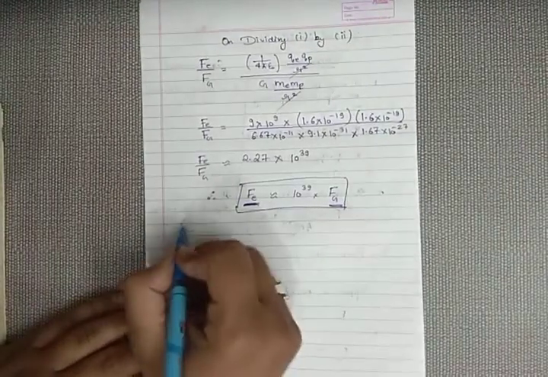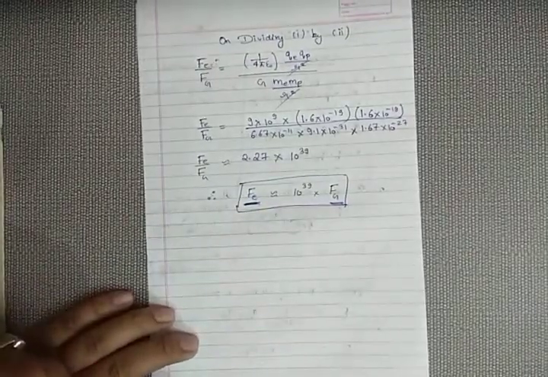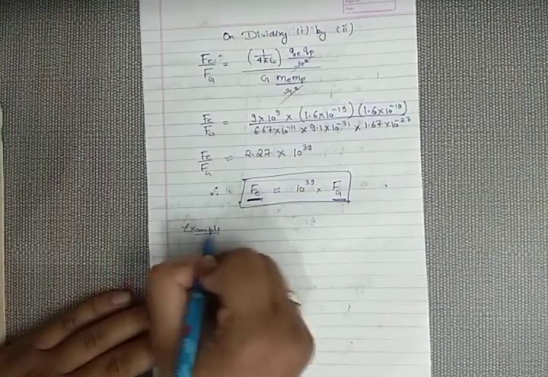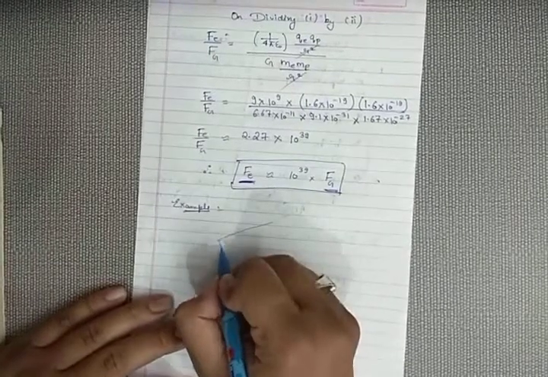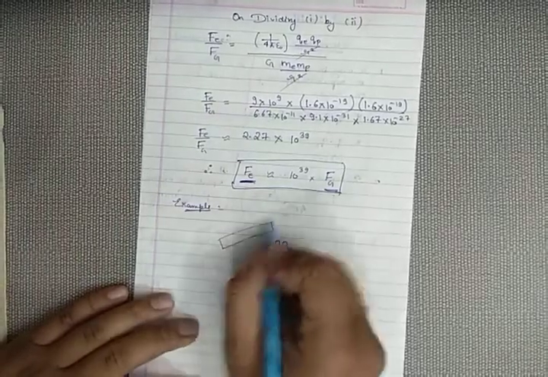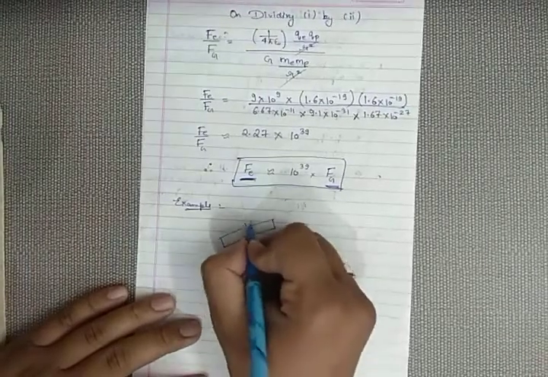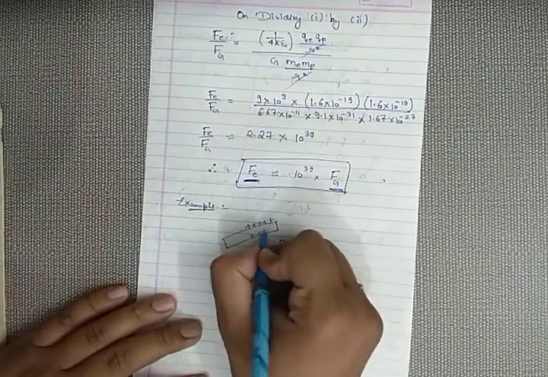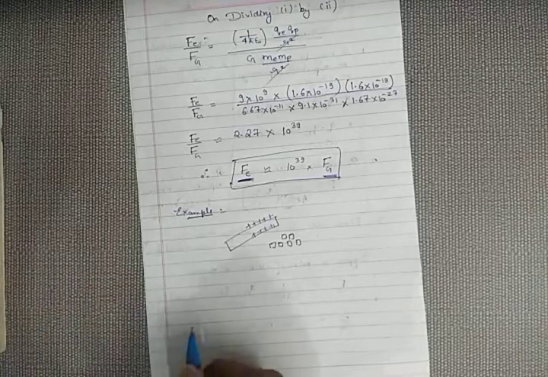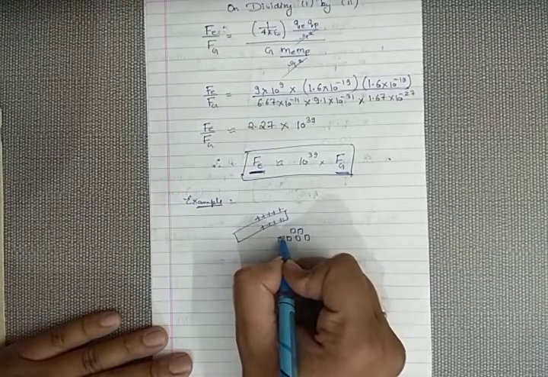Now a practical example also shows how electrostatic force is stronger than gravitational force. If you remember, in our earlier classes or in our childhood, we performed this experiment at home also. Suppose we take small pieces of paper, and we take a scale. Before using this scale, we rub it with a woolen cloth. Suppose our scale gets positive charge. It is electrostatically positively charged. Now what is going to happen? This scale will induce negative charge on the pieces of paper.